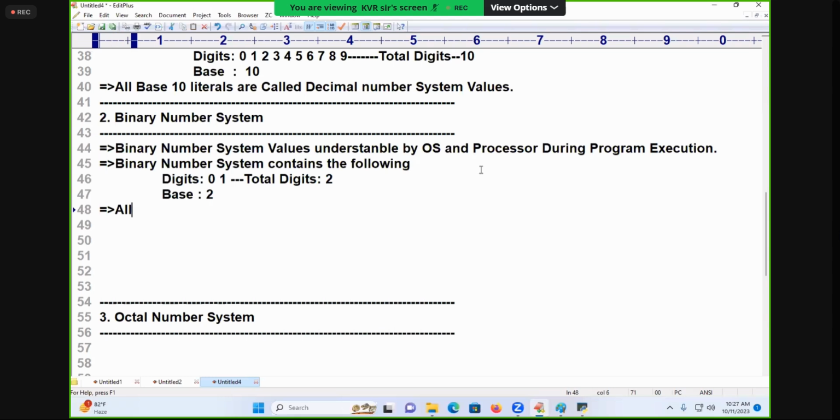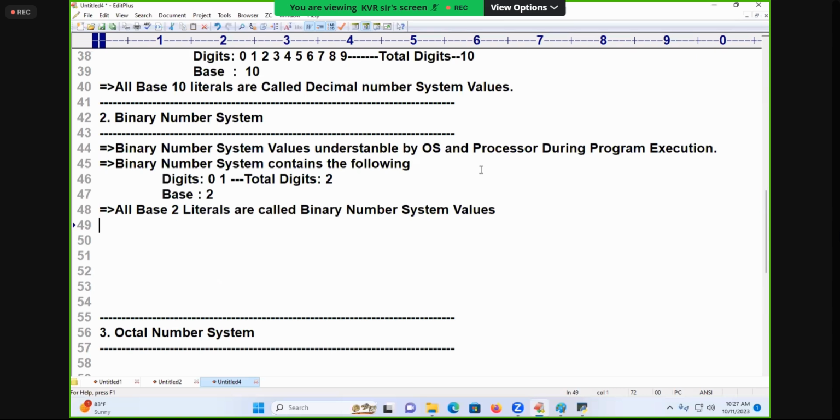All base 2 literals are called binary number system values. Sir, how to store the binary data in Python programming? To store binary number system values